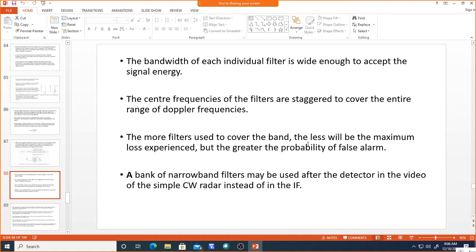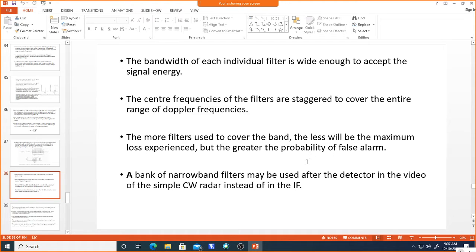So we cannot improve the probability of detection that way, and even for the target echo signal, if the threshold level is not properly within the bandwidth of the filter,